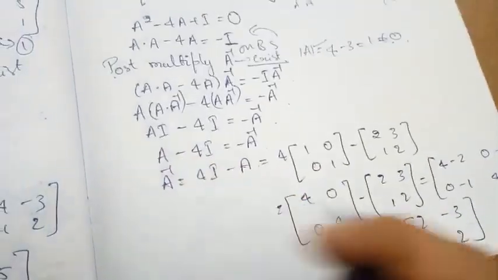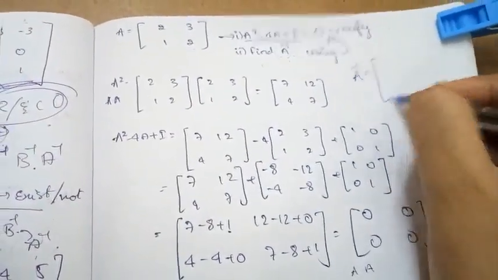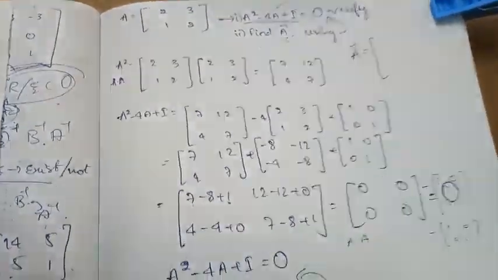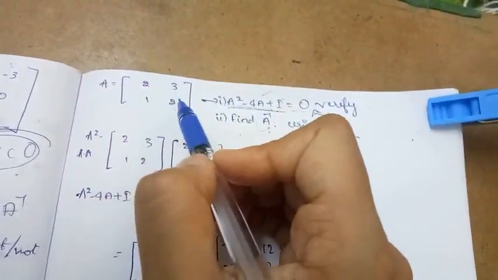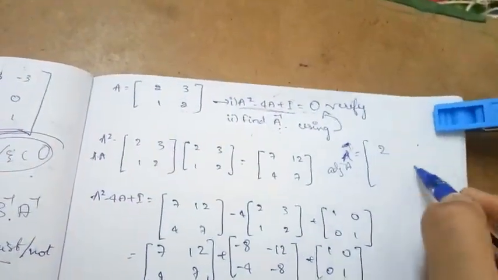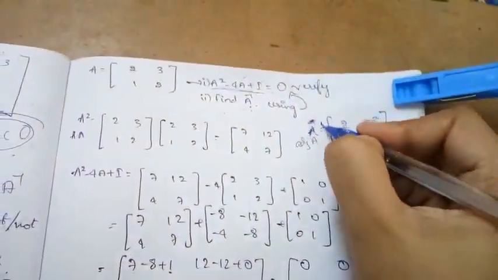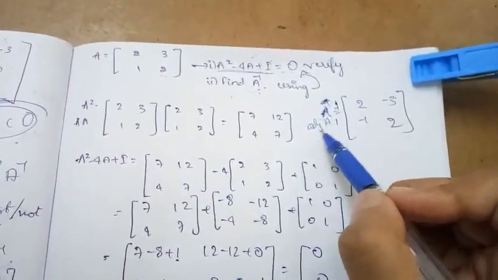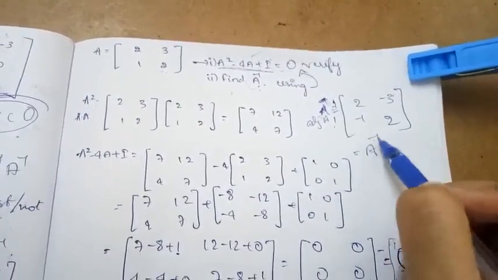You can verify whether this A inverse is correct or not, because here it is a matrix of order 2, and as I said, we can easily find the adjoint of this matrix, that is adjoint of A. How are we going to find the adjoint of this matrix? Interchanging 2 and 2, and changing the signs of 3 and 1, giving minus 3, minus 1. What is the determinant value of A? Which was 1. So 1 by 1. So 1 by the determinant value of A into adjoint is nothing but A inverse.